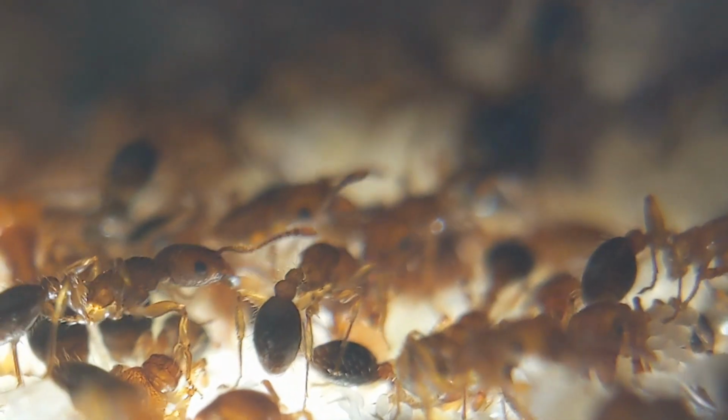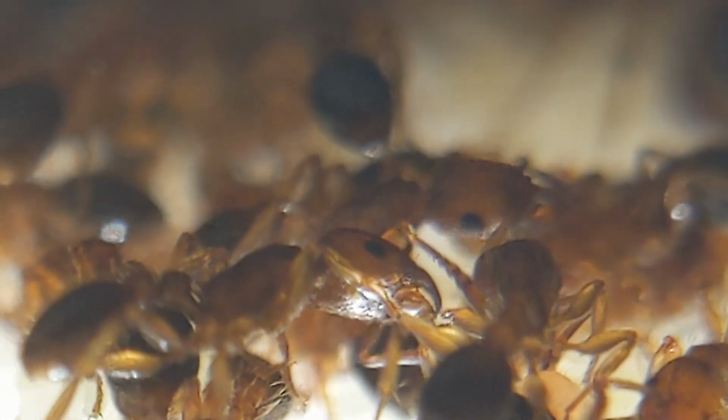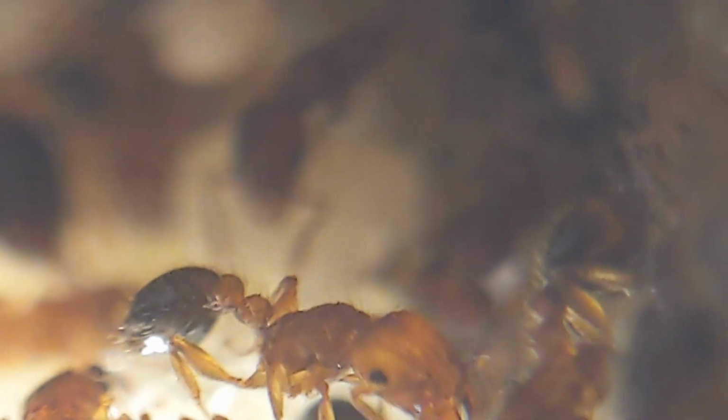Of course, this colony is doing absolutely great. They have quite a bit of brood. You can't really see it because mini hearts are horrible to take videos in, but they have a lot of brood. You can see the larvae and all that, but it's completely missing the eggs and all that funny stuff. But you can see that the queens are very healthy and they have been doing rather well in this new